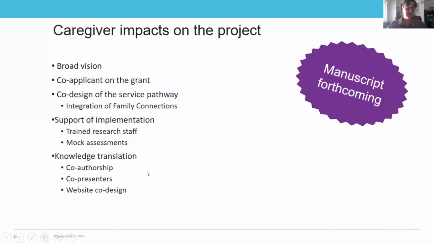Caregivers also made important impacts to the project. They were involved in developing the broad vision of the project. They were co-applicants on the grant. They helped co-design the service pathway. They integrated a family intervention into our core service package in the community. They supported implementation. They trained our research staff.